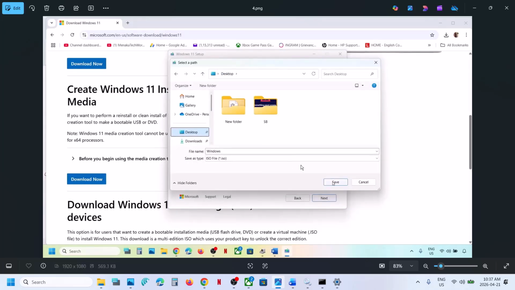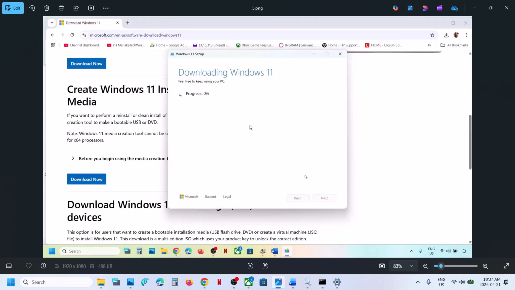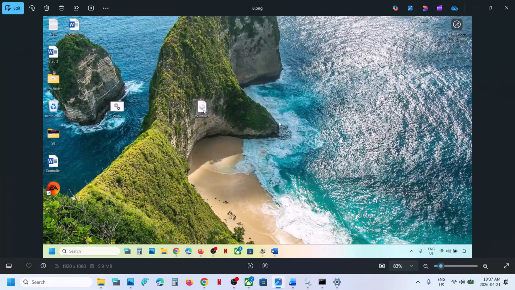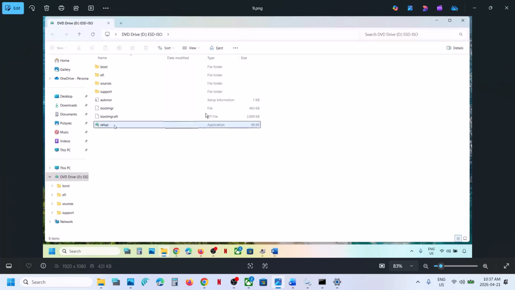You can save it to the desktop. Click on Save and let the download complete. Once the download is complete, this process will take some time. Once done, click on Finish and then let this close automatically. It will take a couple of seconds or maybe a minute to close. Once closed, you can go to the desktop and double-click on the Windows ISO file, then double-click on